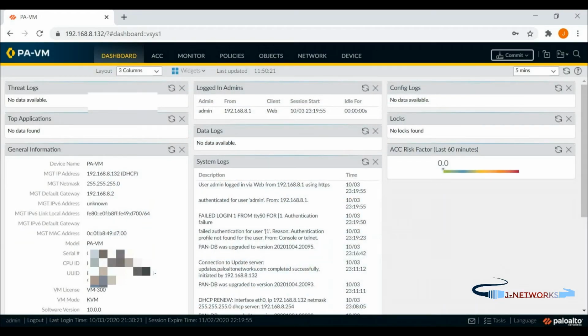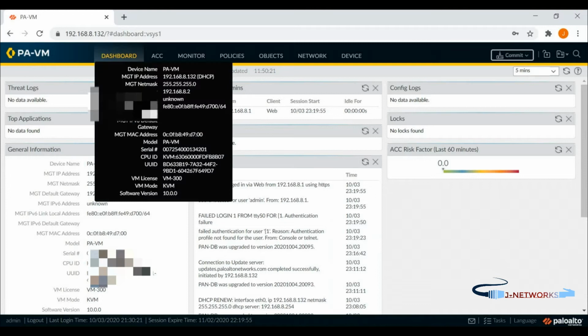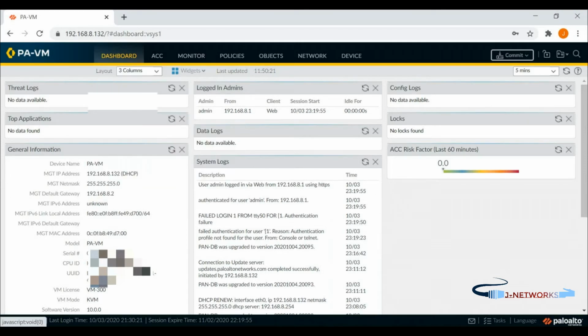This GUI is quite different from the old version 9 GUI. We can see here we got a new menu called widgets. We can add new widgets here on the dashboard, and we can add system logs and normal logs here. Apart from that, the menu is mostly the same. They have changed the colors. This dashboard is looking the same,